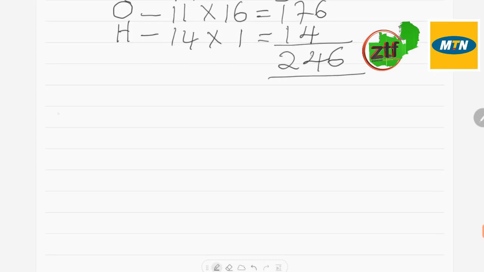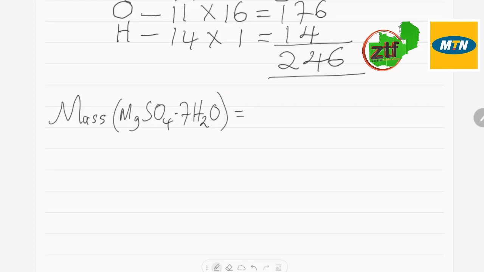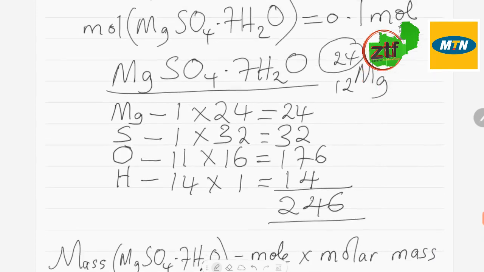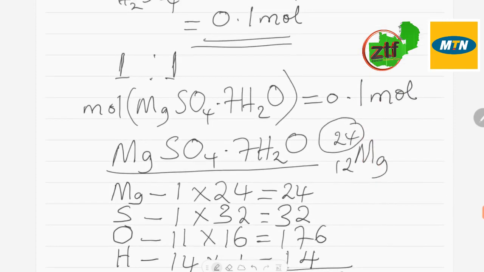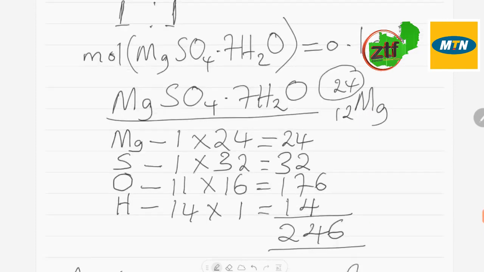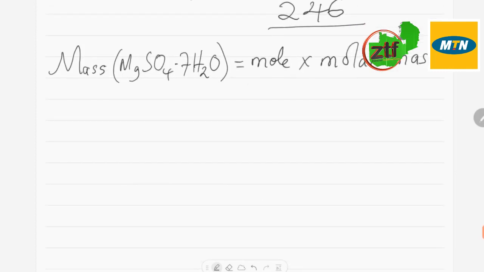So we can say mass of magnesium sulfate heptahydrate is equal to mole times molar mass. Let me just take you back. We had already calculated the moles of magnesium sulfate, which is 0.1 mole. So the mole in this case is 0.1 mole